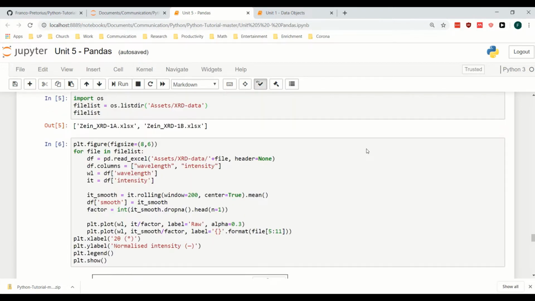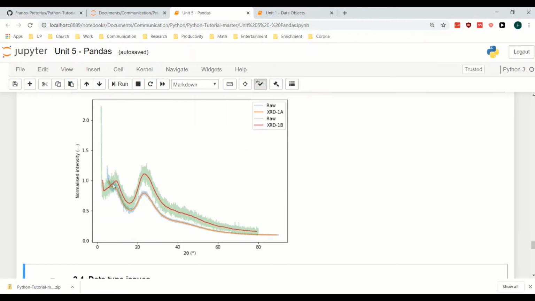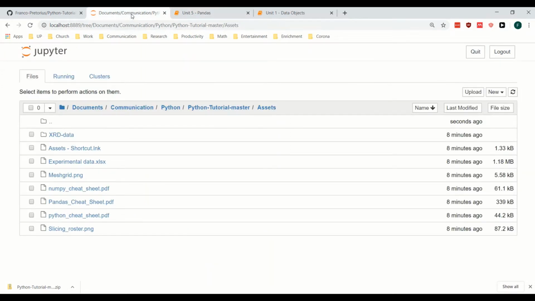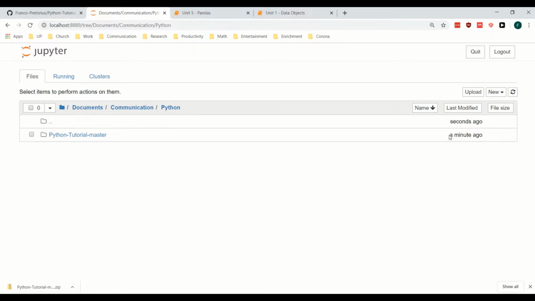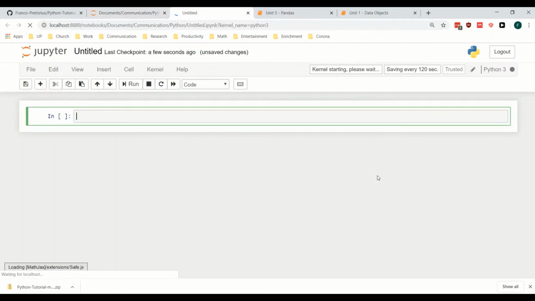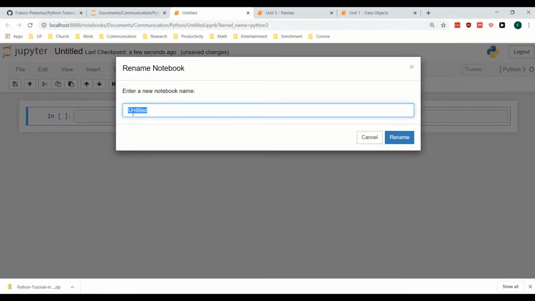So let's say we want to draw 2 XRD plots on our own. We're going to go to, let's say over here, and I'm going to create a new Python 3 notebook. I'm going to call it, let's say, XRD